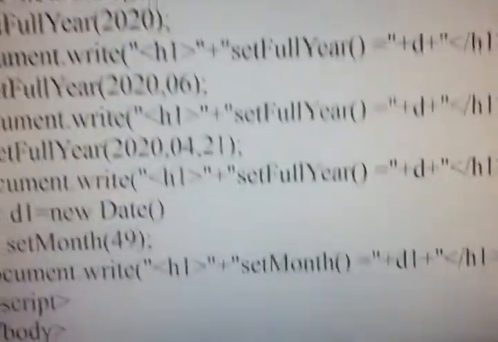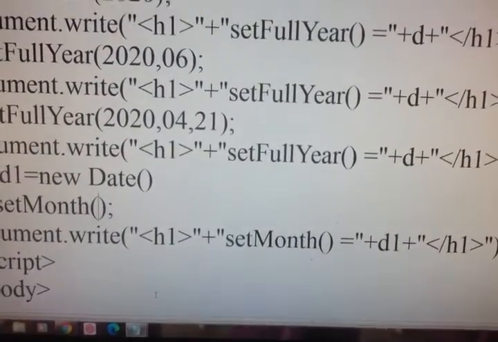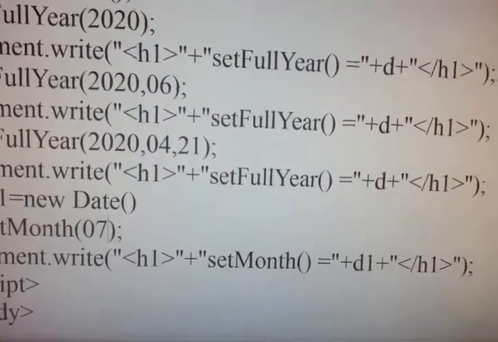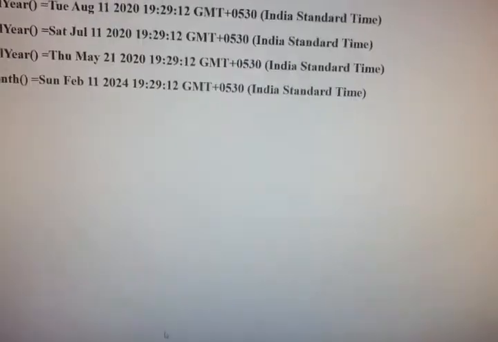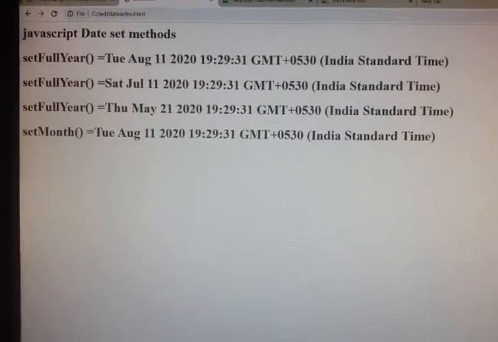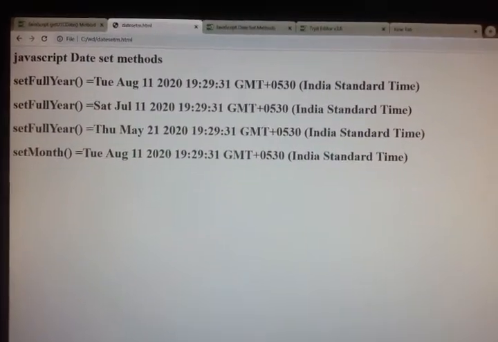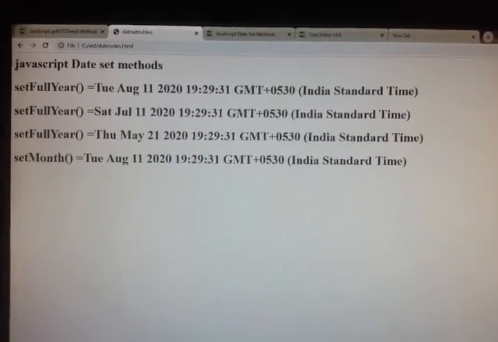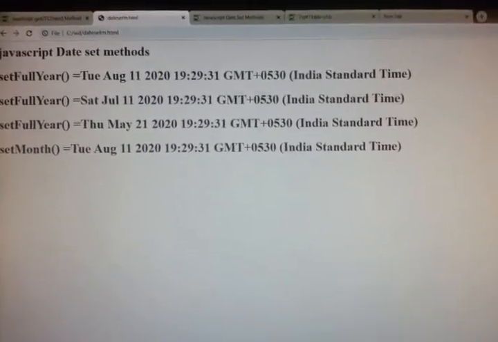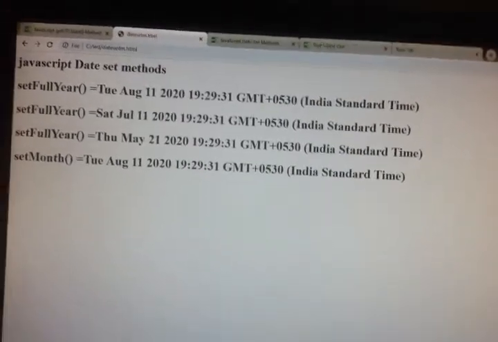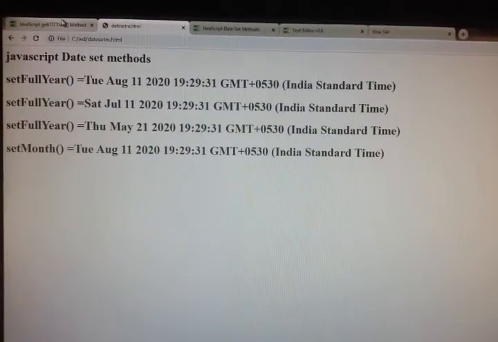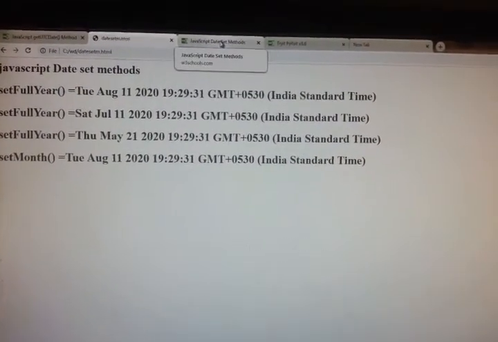To stay within the range, we will just give 7. 7 means August. Today's date, August 11, 2020. This is about set month.